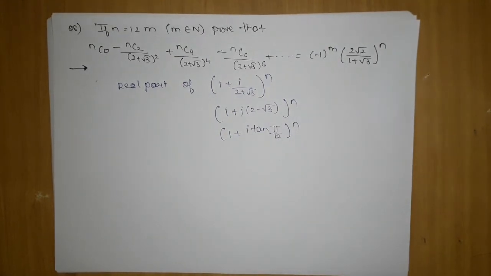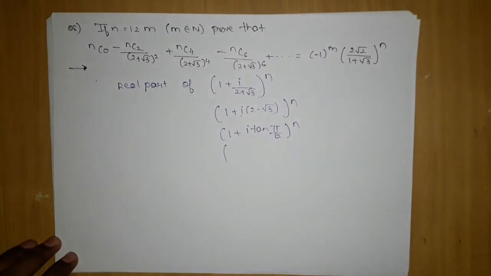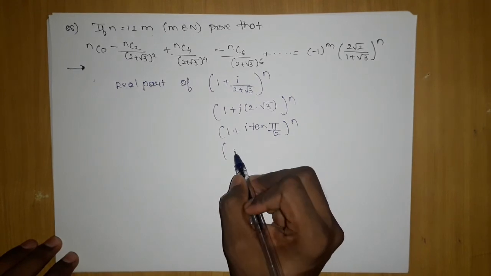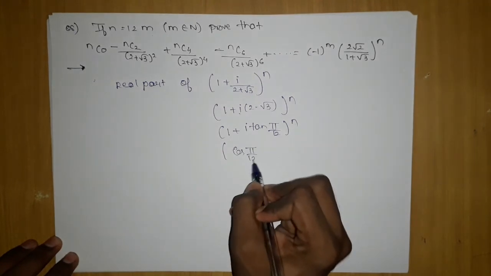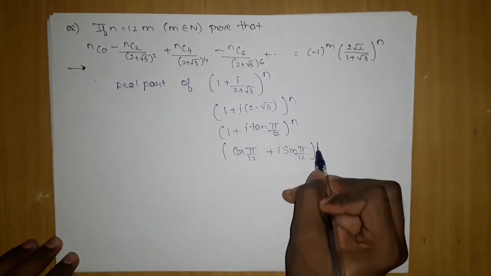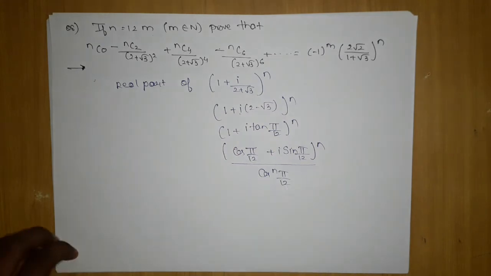Although in examination they will not give you such a sophisticated value, they will give you a rather simple value of sine, cos or tan, which you know very well. Now, what we always try is to represent it in polar form, because it is more comfortable to simplify. So we can write it as sine by cos. Then cos pi by 12 plus iota sine pi by 12 will appear, the whole power n, and in the denominator cos n pi by 12 will appear.